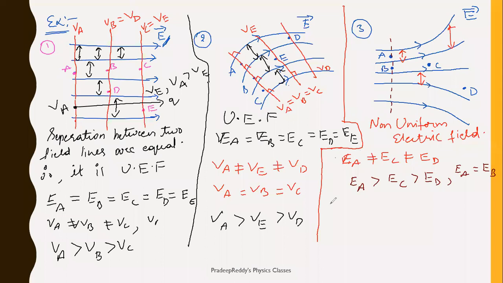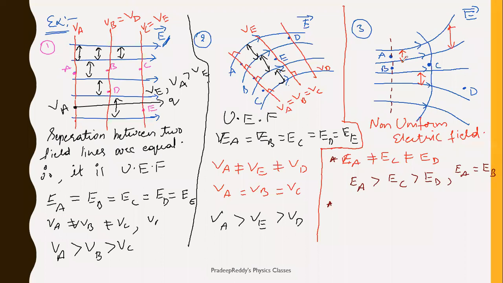Now come to the potential points, right? When you are dealing with potential points, check it. In order to find the potential, simply draw a line which is perpendicular to those lines, right? Now I'll draw the perpendicular. Everywhere you need to draw a perpendicular line like this. You will get a curve because the electric field lines are curved over here. Therefore, the potential lines will also be curved. Clear? So here also you will get a curve like this.